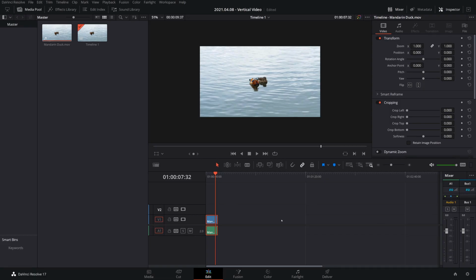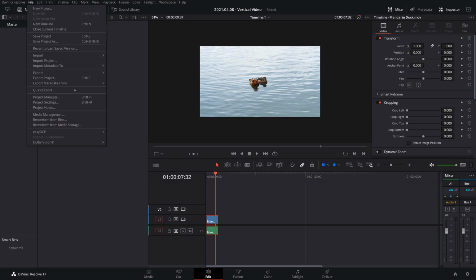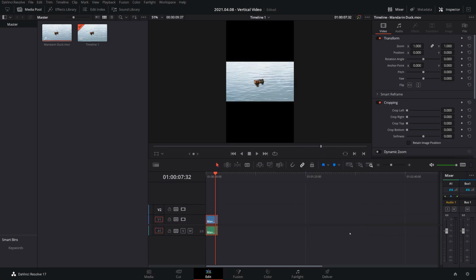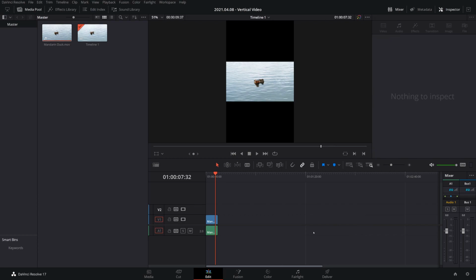If you've already edited your footage together in a timeline and you just want to change it now, you'd go to File, Project Settings. And then, remember this is Instagram stories, change it to 1080 by 1920. And there you go. So that's one way of doing it, but that's going to change all the timelines in